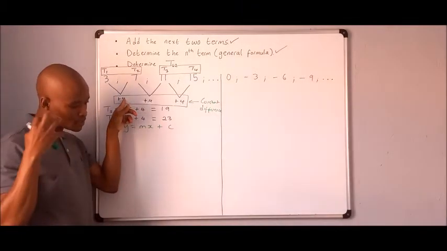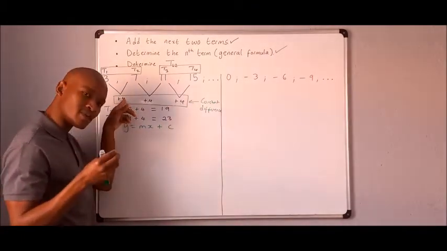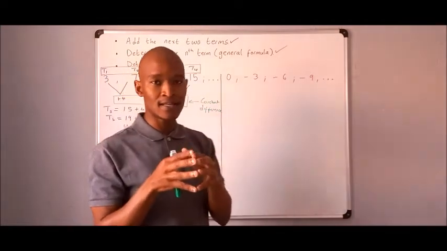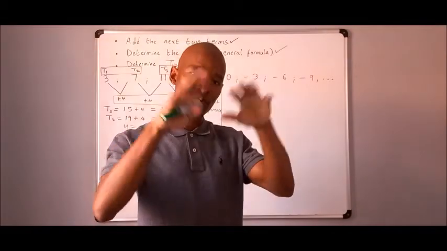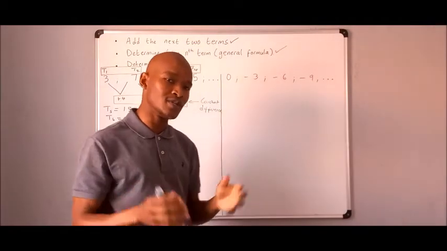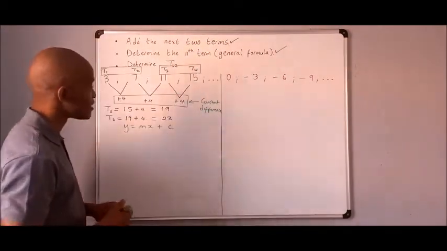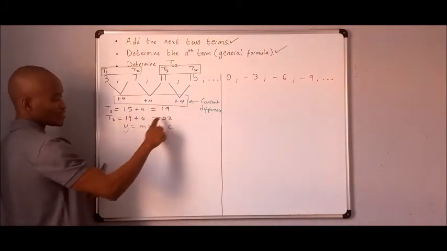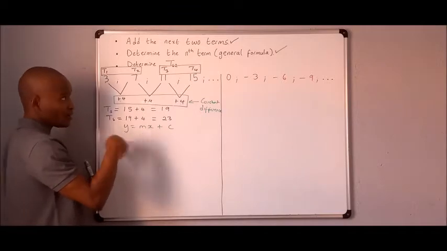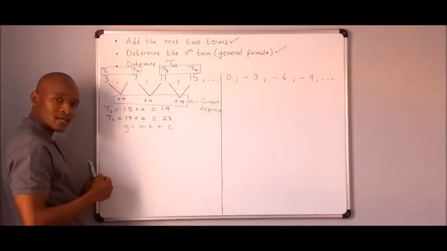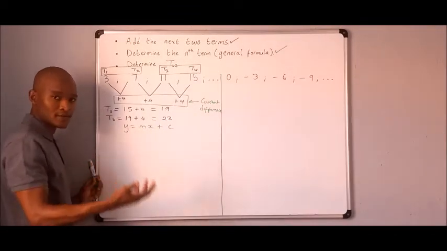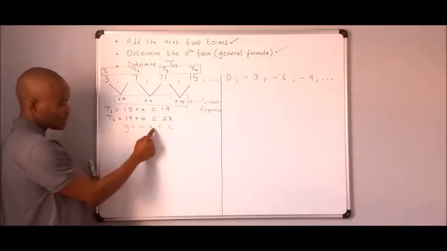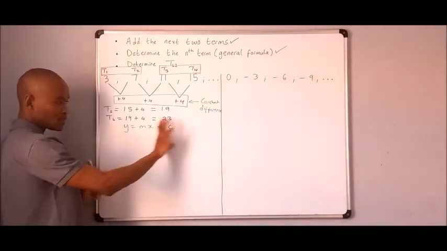Okay, it's very important to connect topics in mathematics, and that is how you build understanding and logic, and you are able to see the bigger picture and the beauty that exists within this subject. So the gradient here is 4. However, using the language under number patterns, we call it a constant difference. So that is a 4, and obviously there's a relationship between x and y, and that relationship is expressed